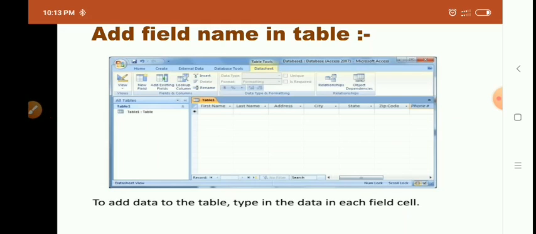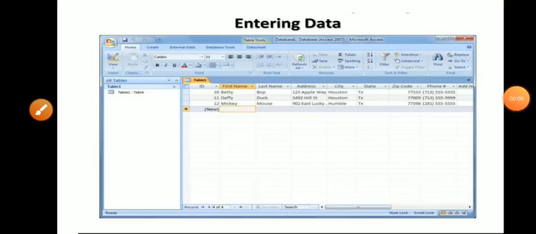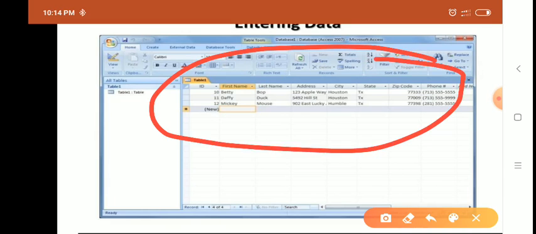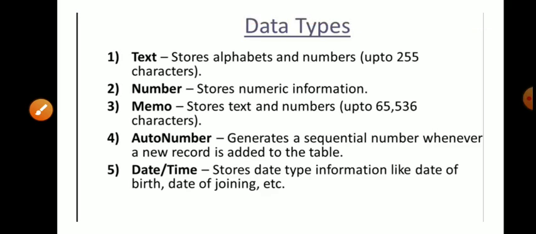Now we have to move on to how to add data in the table for the database. When we get the field names, we can write or fill our database for the table as per our field requirement. And this is the database as per our field names. This is our table data.